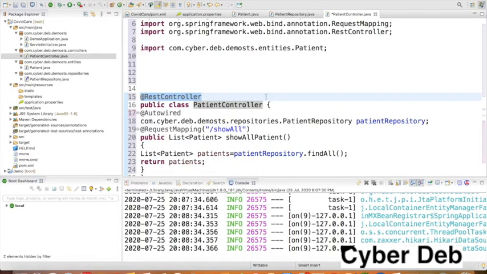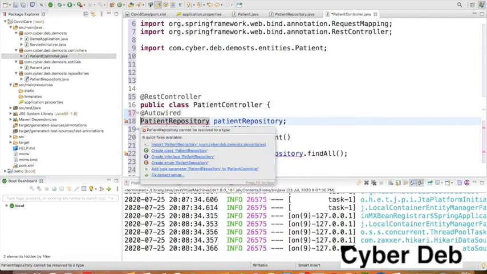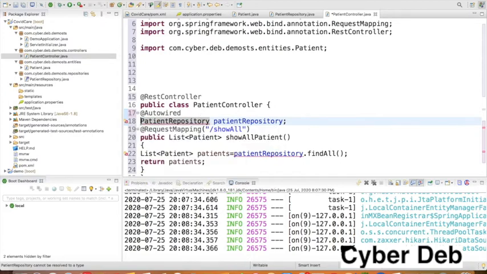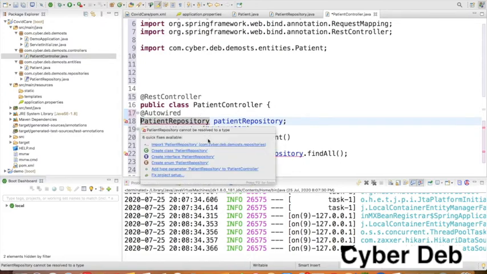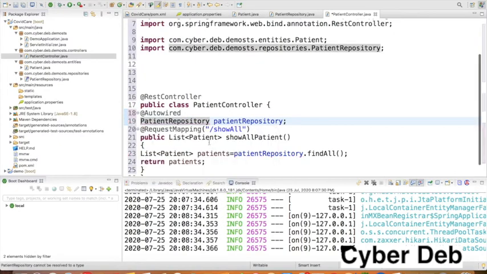Then the repository which we have created, that also we have imported, and Autowired means we have gone for dependency injection. So this repository is available, and we have also created this request mapping, which is going to be the endpoint of our RESTful web service.